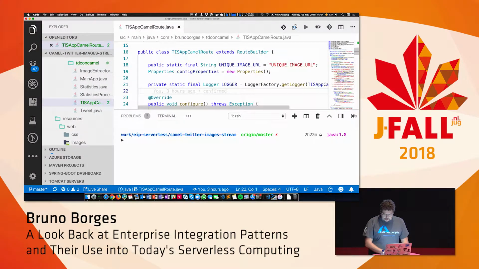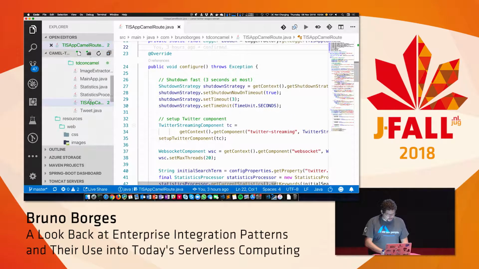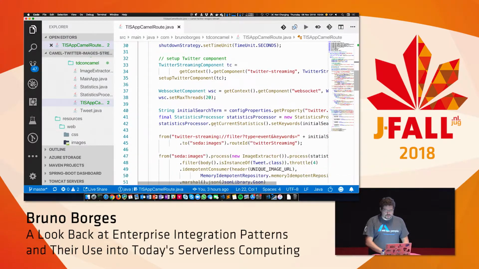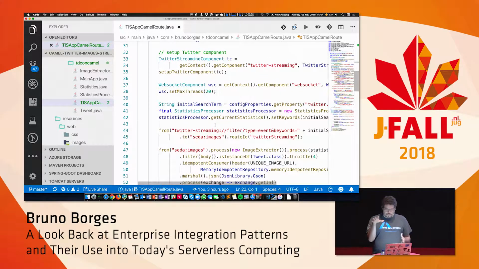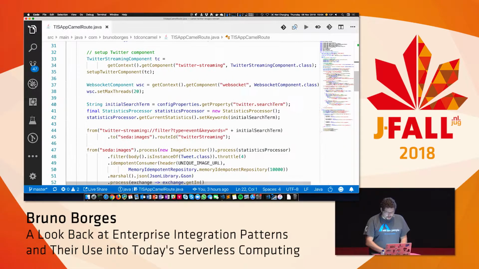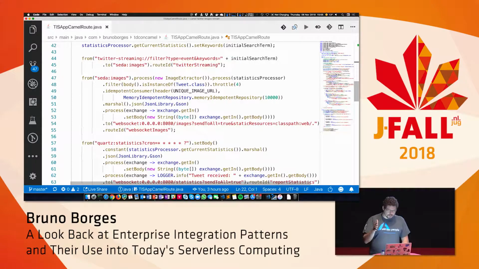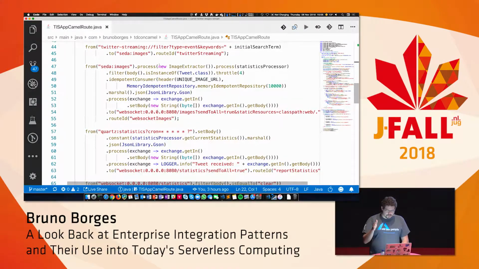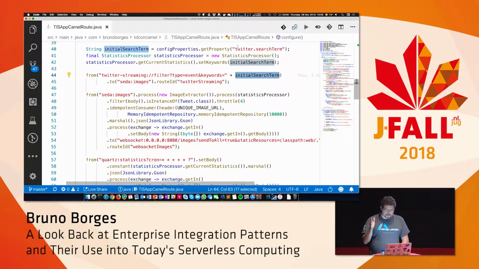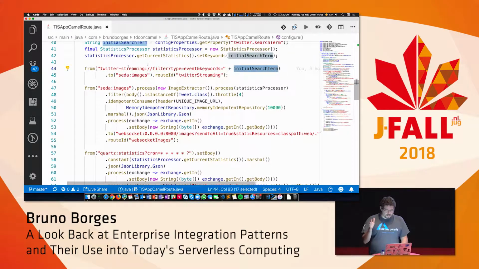All right, so on this code, let me open the route. This code is a little bit complicated, but follow me on this one. I'm using a Twitter component that will filter tweets using a keyword that is provided on a properties file that is read initially, and then for every tweet, it will send those tweets to this entry point, set images.